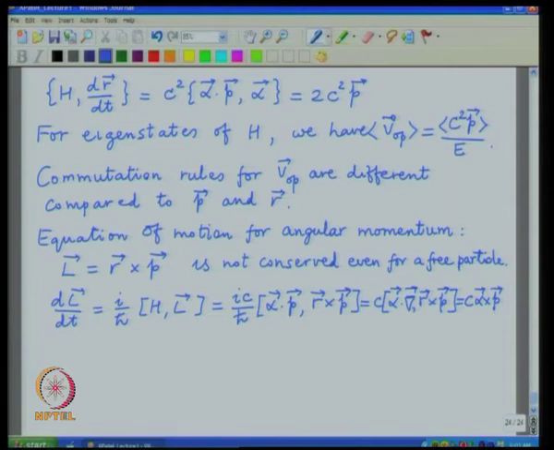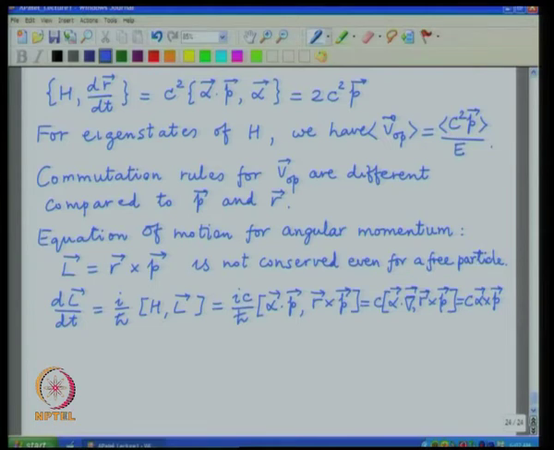One can now again see that what is appearing here is a cross product of the velocity operator and the momentum. If these two things had been identical, it would have been 0, but they are not the same. The velocity operator is actually a little different than the momentum operator, and so this angular momentum is not conserved in general. One can ask the question, what do we do, because this is not an easy thing to give up. Not only is angular momentum conserved in all the classical formulations, but we know that experimentally it is conserved in quantum situations as well.